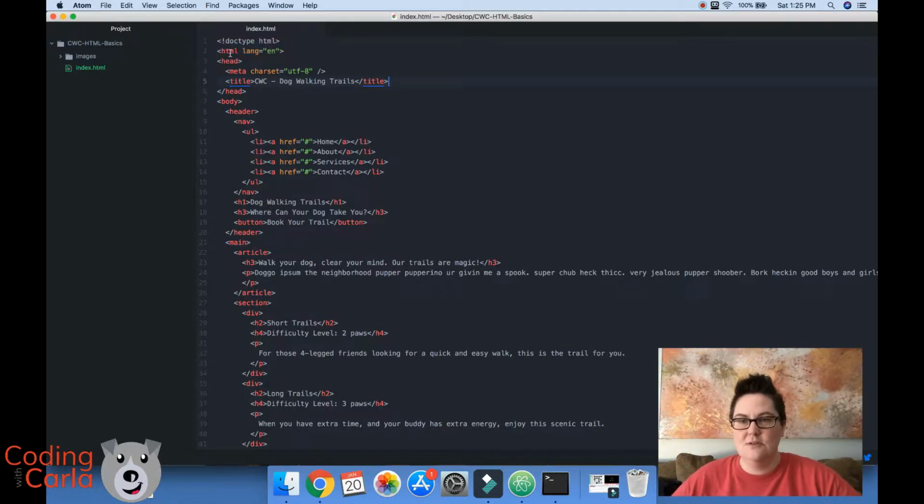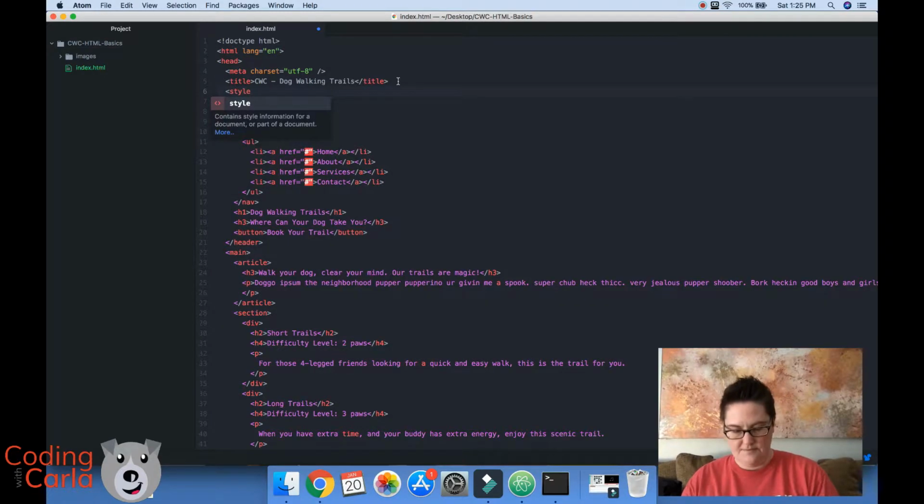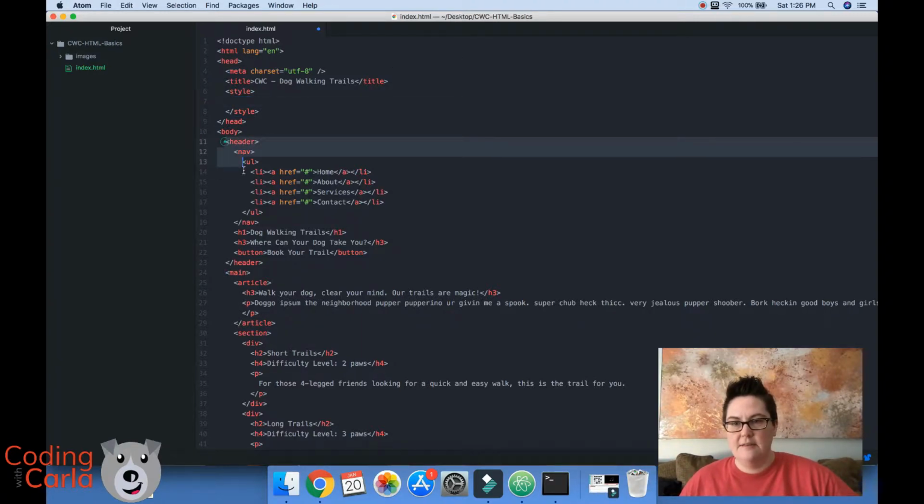I want you to jump into the head of your site, and right below the word title, add in a new tag and type in style. What this allows us to do is put CSS directly into our website from the HTML file. This isn't how we're going to do it all the time, but for demonstration purposes, this is how I want you to see it so you can see them work together. We're going to focus on the header